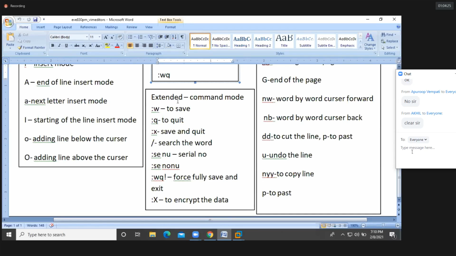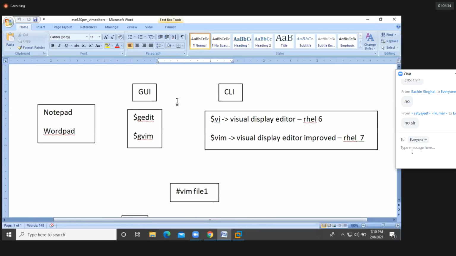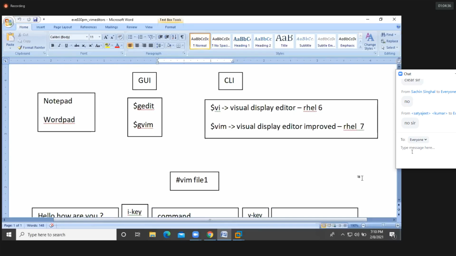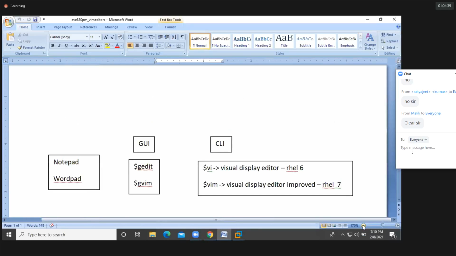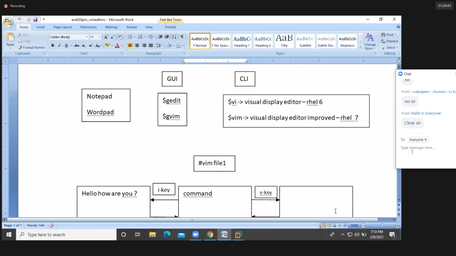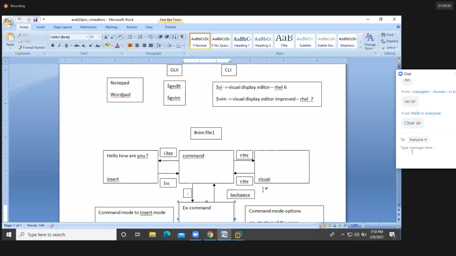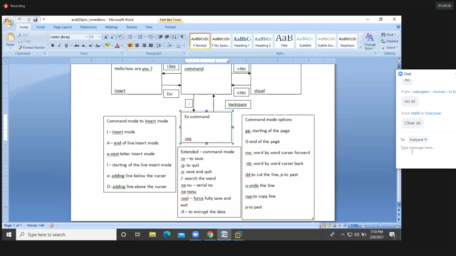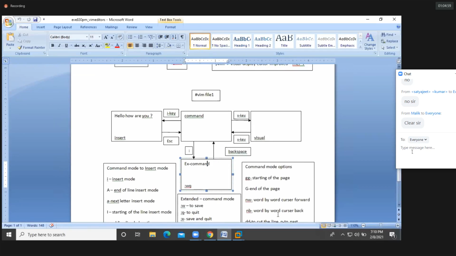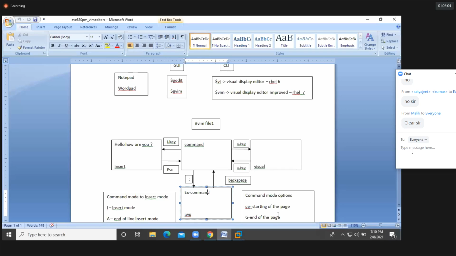Good. If you require it, you can take snapshots, because we don't have the history here, and I'm unable to provide the history. So you can take a snapshot till here.